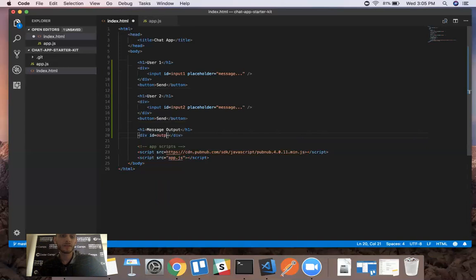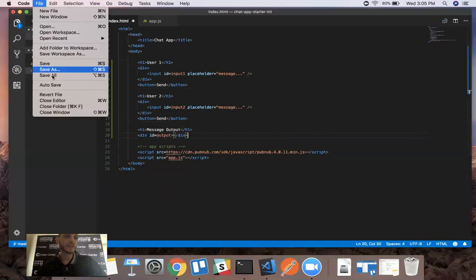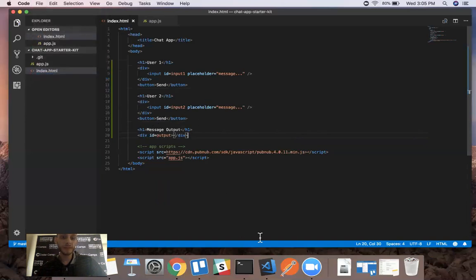Okay, and we'll call this our output. And we'll just leave it empty again because we want to populate that with the message output from these inputs. Okay, so let's take a moment, save all, and then let's go ahead and launch this using a